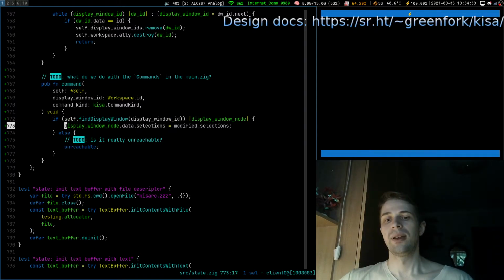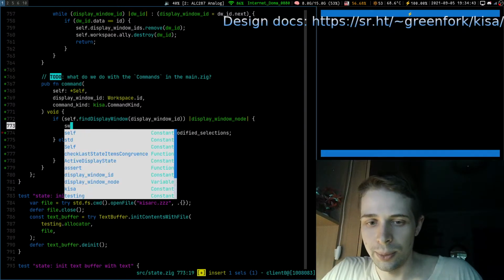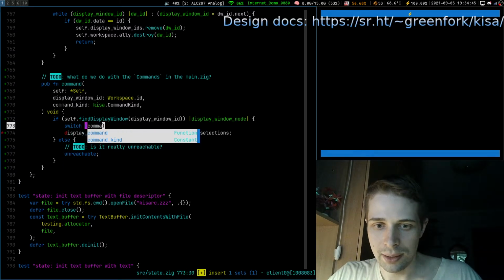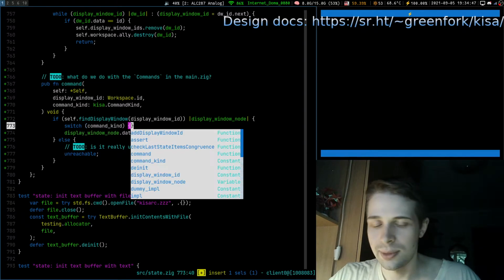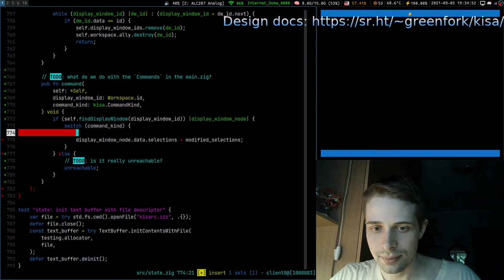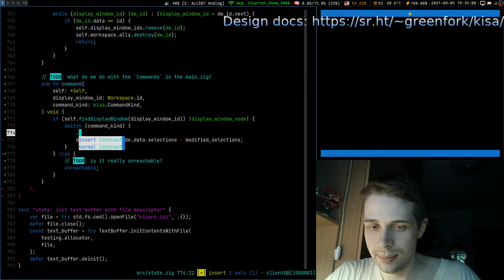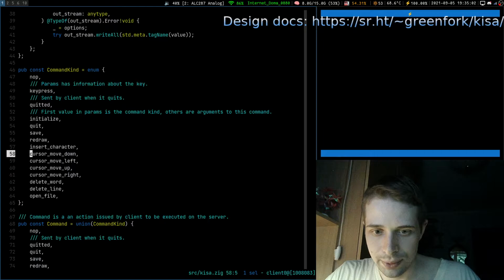Yeah. So now we do what? Do a switch on command kind. We would like to respond differently to different command kinds. And what do we want to do? We would like to dispatch on move cursor, move left.